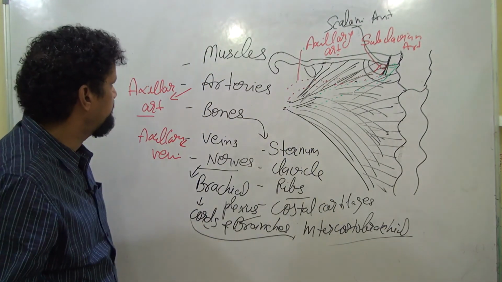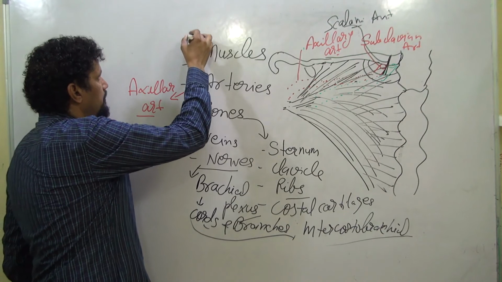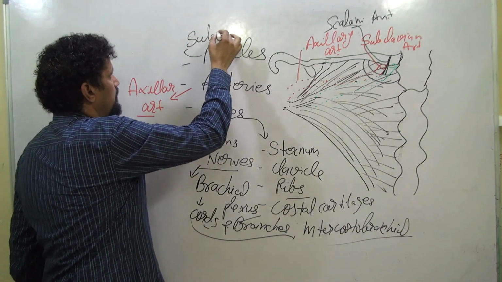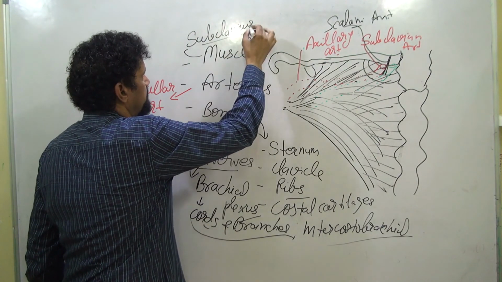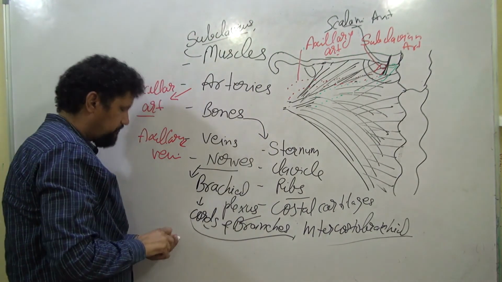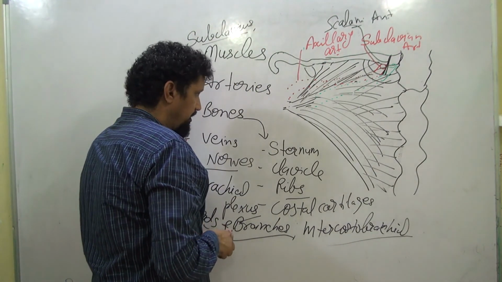Three muscles: the subclavius, the pectoralis minor,